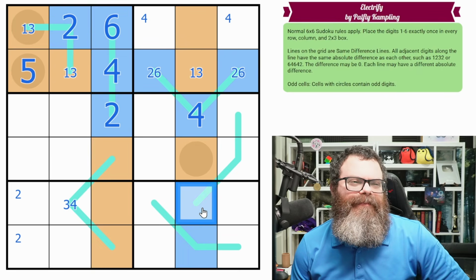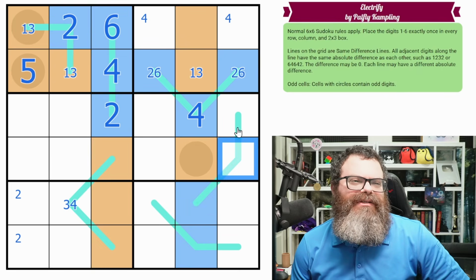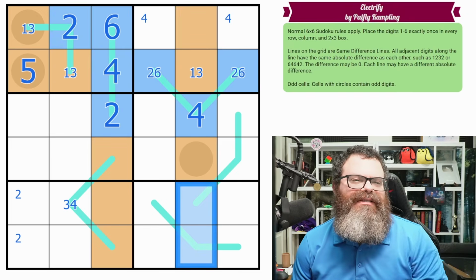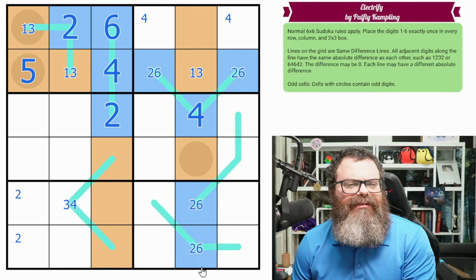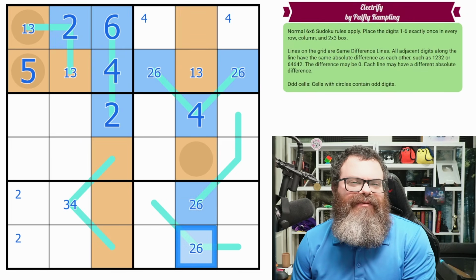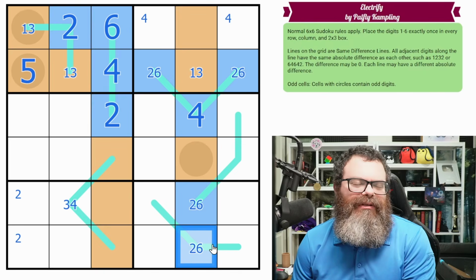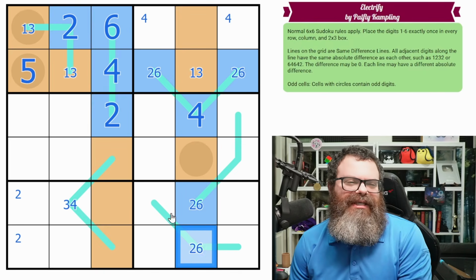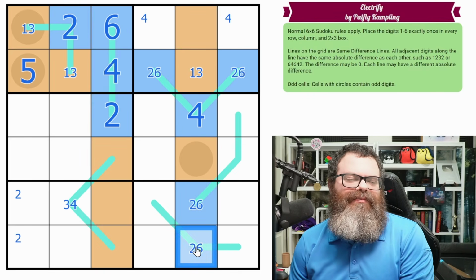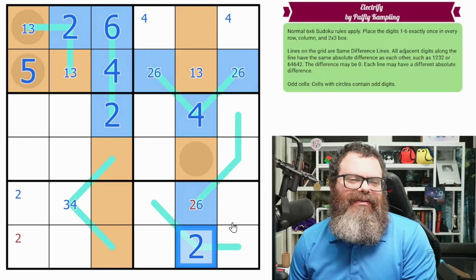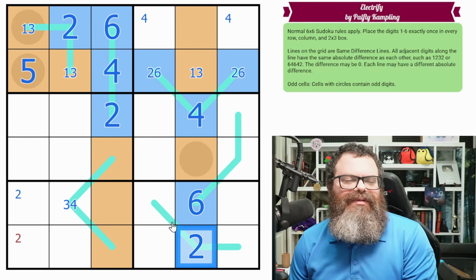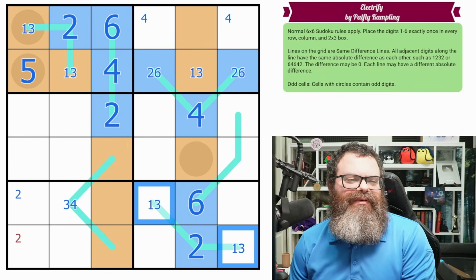So we don't know what's happening here, but this is a 2, 6 pair. The middle digit can't ever be a 6 or a 1. Because if this middle digit was a 6, how could one be less and one be greater? That doesn't make sense. So that's a 2 and that's a 6. So with the 2 here, we could be surrounded by a 1, 3 pair,